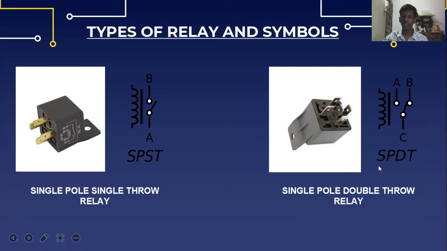Secondly, we'll be seeing the single pole double throw relay. Here we can see how it looks, and here's the symbol. A single pole double throw relay has a single set of form C, break before make, or transfer contacts. A common terminal connects to either of two others, never connecting to both at the same time, plus 2 for the coil. Such a relay has a total of 5 terminals.